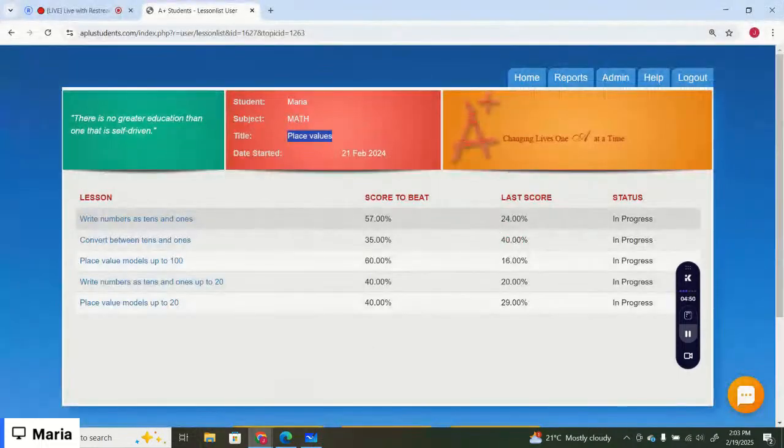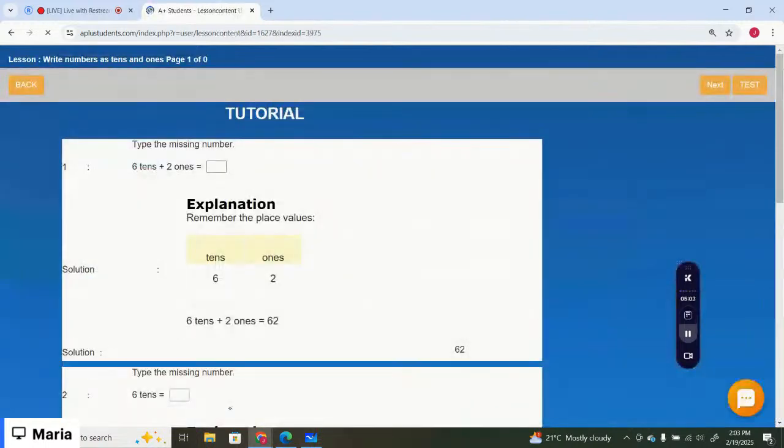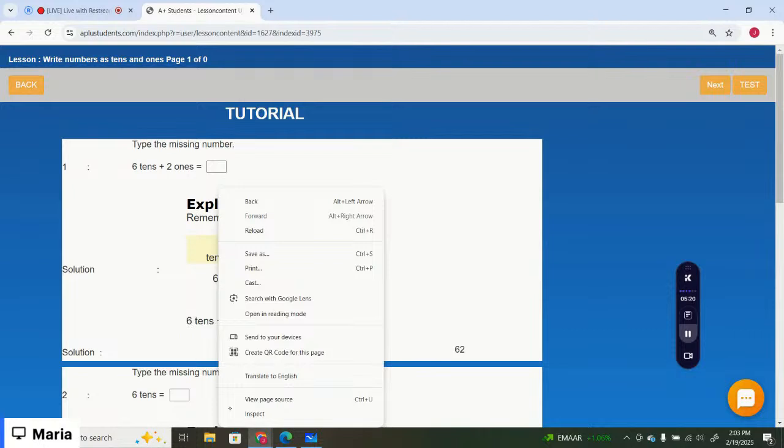Here I am on grade 1 math. The chapter we are on right now is place values. Let's start with the first lesson, that is write numbers as tens and ones. Type the missing number: 6 tens and 2 ones. The rightmost digit is always the ones digit and the next digit is tens. Whenever you have a number,